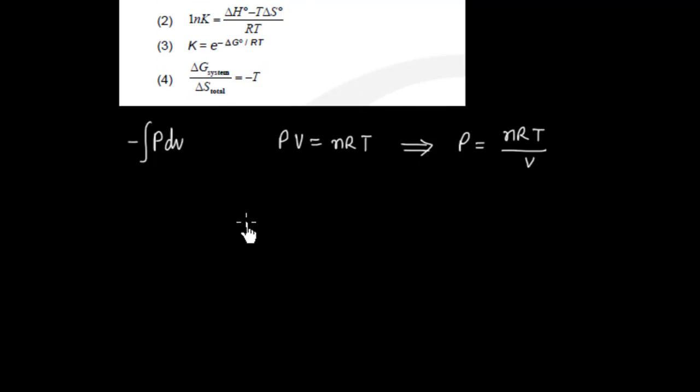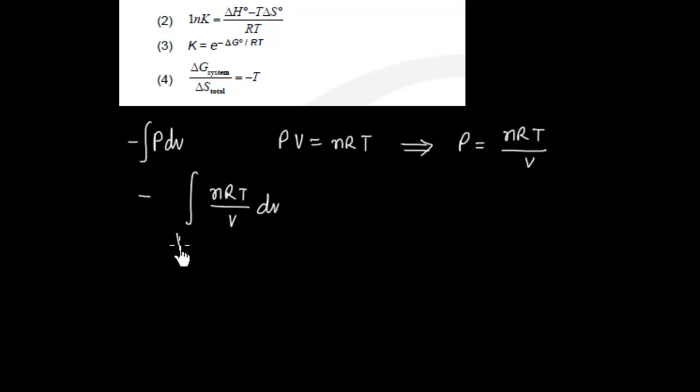Now the question says: the incorrect expression among the following. In an isothermal process, work done in a reversible process is given by this, which is basically correct. If you remember, work done is given by the integral of P dV with a minus sign in chemistry. Now if the process is reversible, PV equals nRT, so we can always write P equals nRT by V.